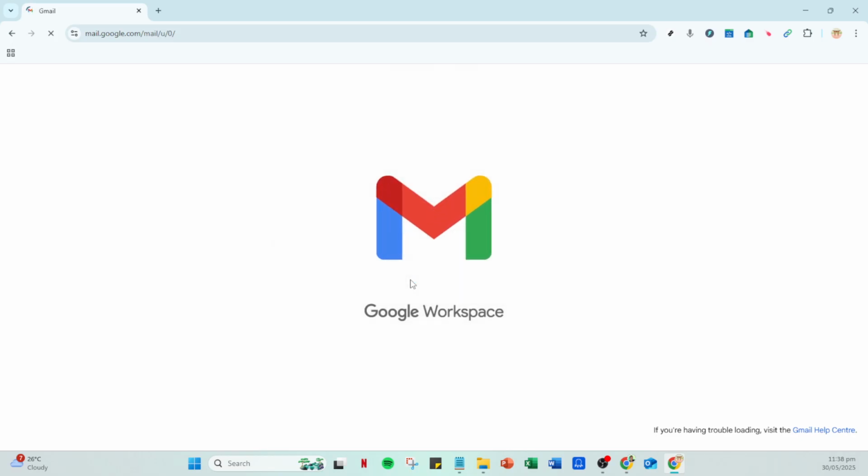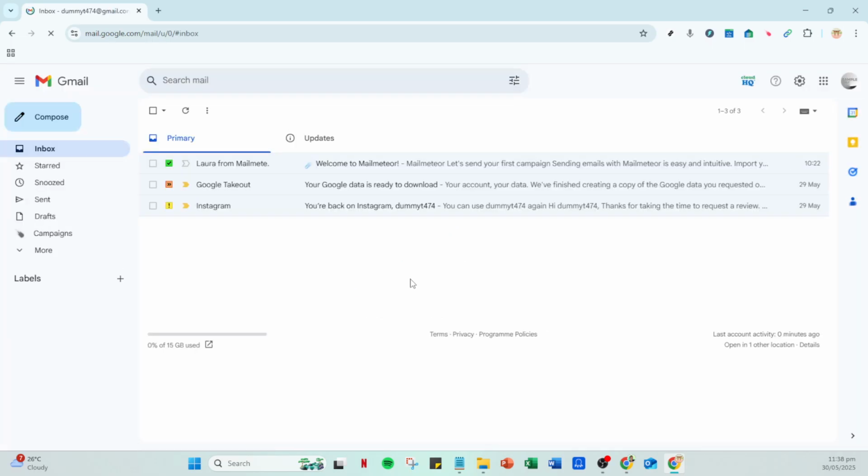Firstly, you'll need to log into your Gmail account. If you haven't already, open your preferred web browser and navigate to Gmail's website. Enter your email address and password and click the Sign In button. Once you're logged in, you'll be directed to your inbox, which serves as the central hub for all your email